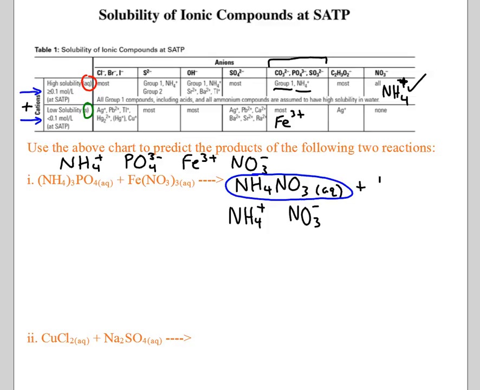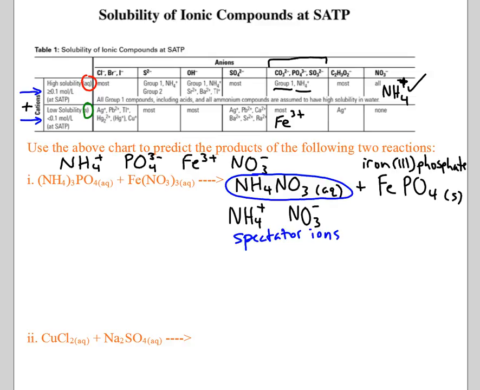However, iron 3 phosphate, we will. Because phosphate and iron both have balanced valences, the chemical formula of iron 3 phosphate would be FePO4, which, because it has low solubility, we would indicate as having a precipitate formed. This is iron 3 phosphate. Okay, and our spectator ions would be these two here. Okay, they were there because they were paired with the reactive ions phosphate and iron 3, but they themselves don't